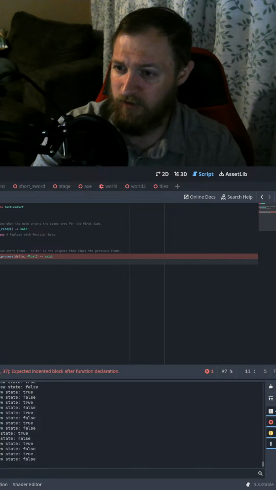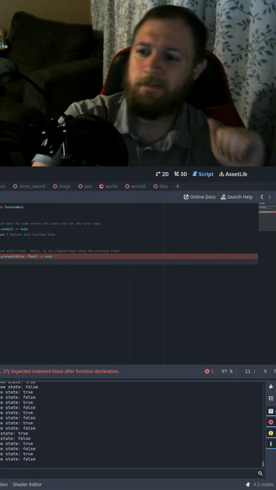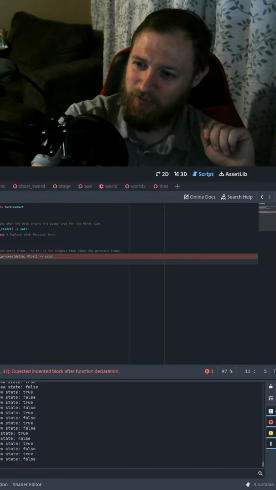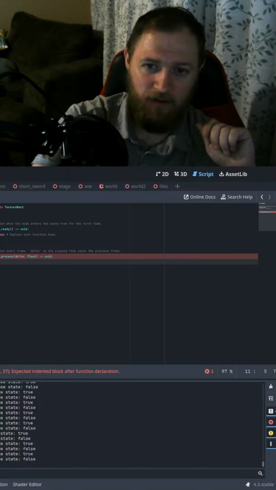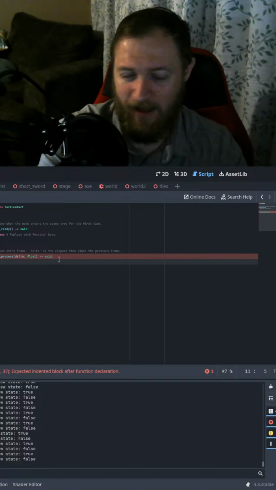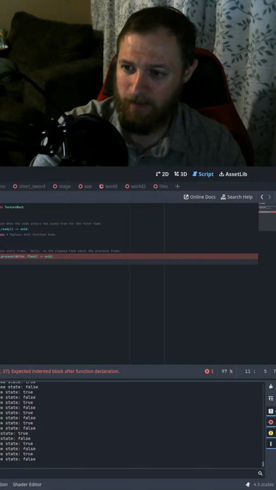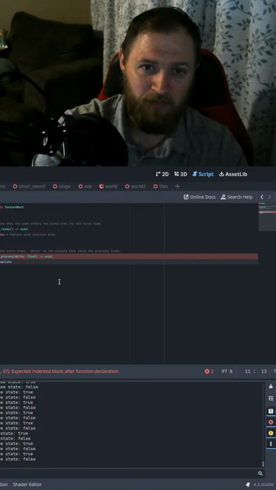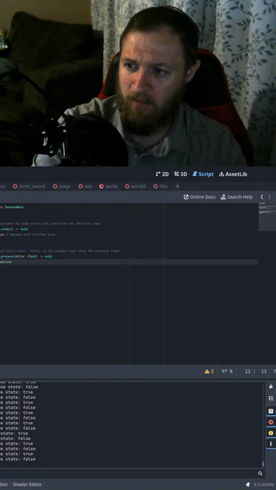Is it under texture? Interesting. I actually don't see. Okay, modulate. All right, yeah. So I was about to say I don't see a modulate, but I see it now. It's just over here at canvas item. So basically what I'll say is modulate